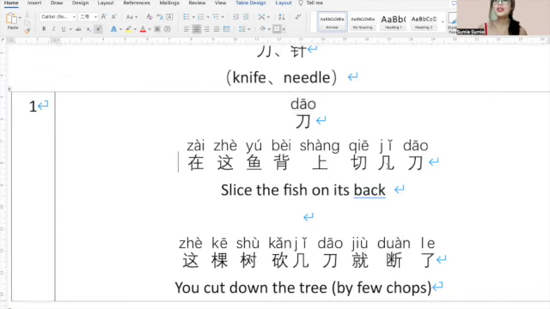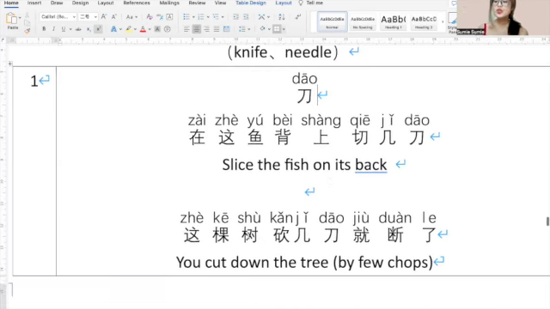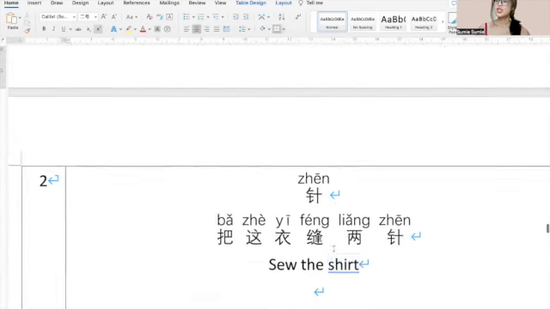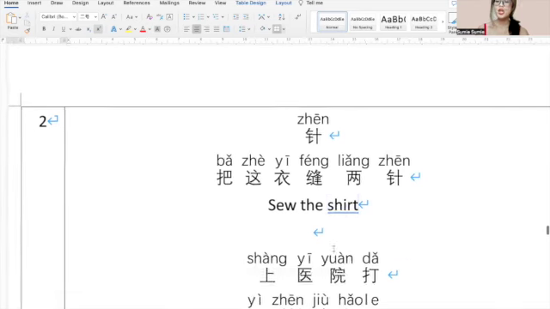Okay. So let's read this together. 在这鱼背上切几刀。在这鱼背上切几刀，OK，切几刀，that means cut with a few slices，OK，切几刀。这棵树砍几刀就断了，这棵树砍几刀就断了。You cut down the tree by a few chops，OK。OK, the next one is 针，针 it is